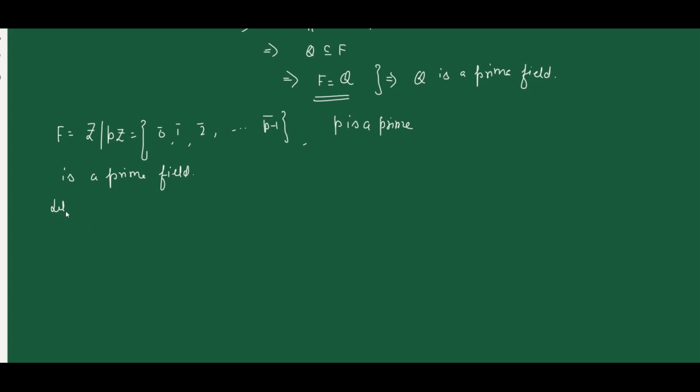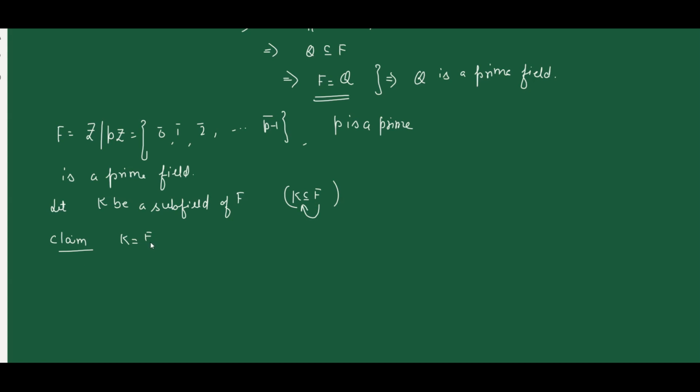So again, let K be a subfield of F. It means we have to show that the only subfield of F is F. It means if K is a subfield of F, then K coincides with F. But we are given that K is a subfield, it means K is contained in F, and we have to show the reverse, that is F is contained in K.